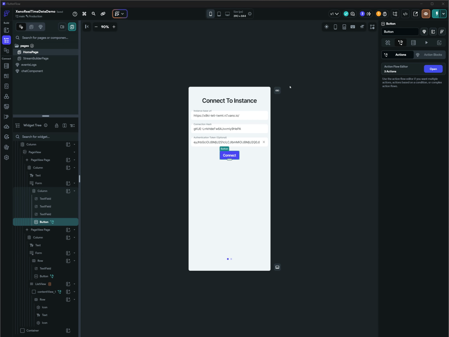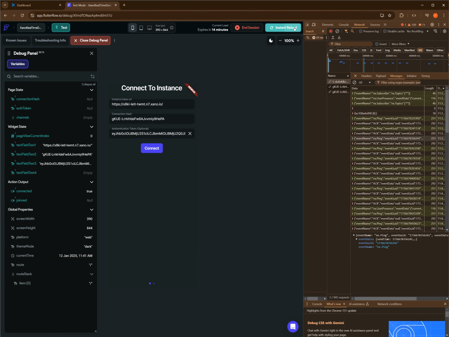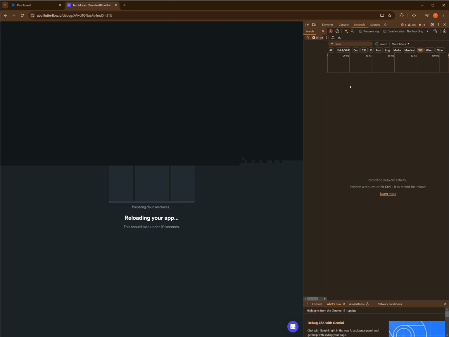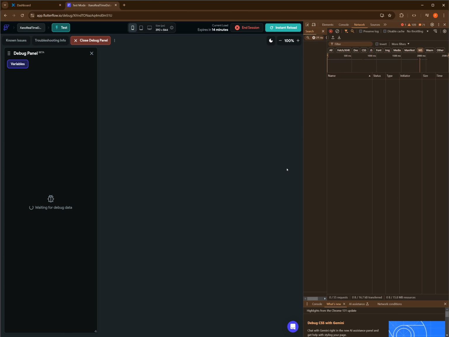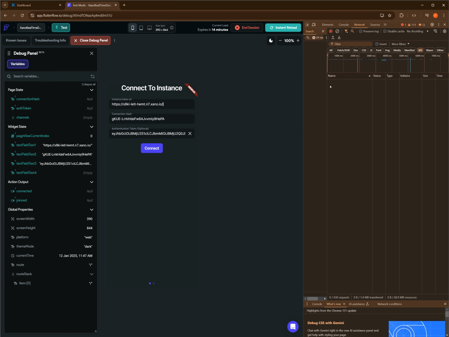So let me close this and let me go back to our tab here, and let me instant reload the application, and let me clear the logs in our network view. So if everything works out, when I connect, we will see the connection here, but also I will see the message sent within the channel, within the connection, which will be a join message to join the Keep Alive channel, and then we should see sporadically different messages being sent and received by this. So let's set it to connect,